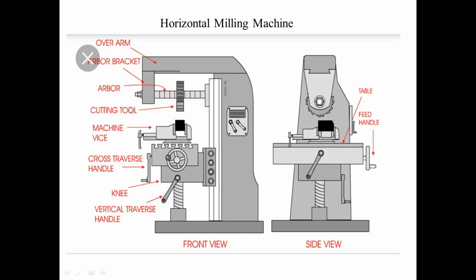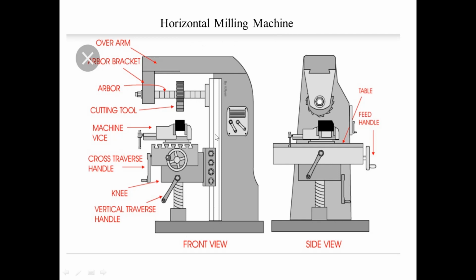Through the side view, we are going to expect this type of alignment, so that here the cutter is like this, and whenever you look from the side view, teeth are easily identifiable. So this is the horizontal milling machine. Here it has different parts. As I have already said, the name itself indicates the cutting tools are fixed in a horizontal direction, so we call it a horizontal milling machine.